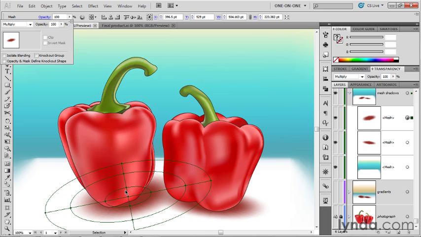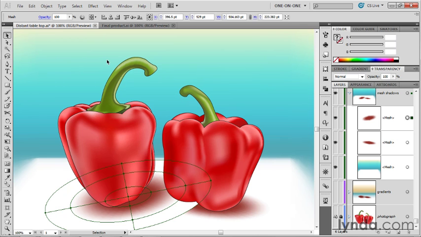But there's another way of working, and that is you can assign different levels of opacity to each one of your mesh points. So let me show you how that works. I'll just go ahead and press Control-Z or Command-Z on a Mac in order to undo the change to that blend mode. And I'm going to grab my white arrow tool this time around, and I'm going to try to click over here to grab a point, and I did. And I want you to see, before we change the opacity of these points,